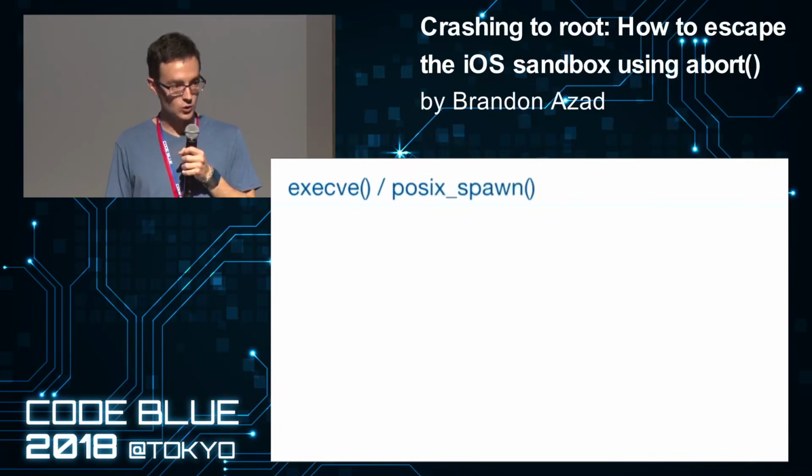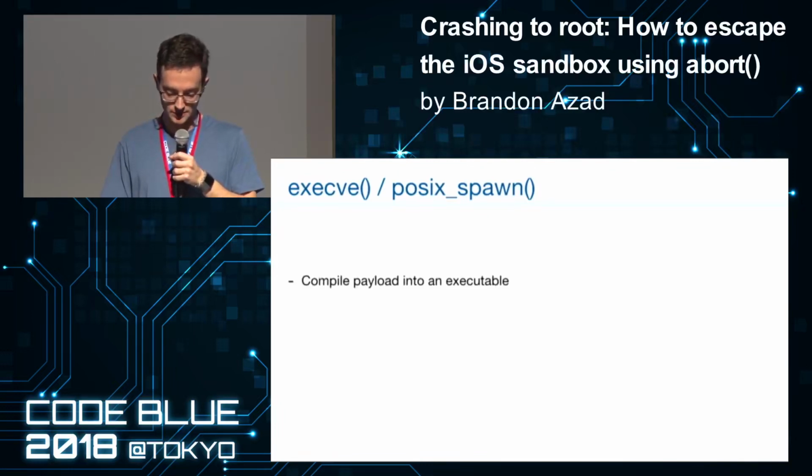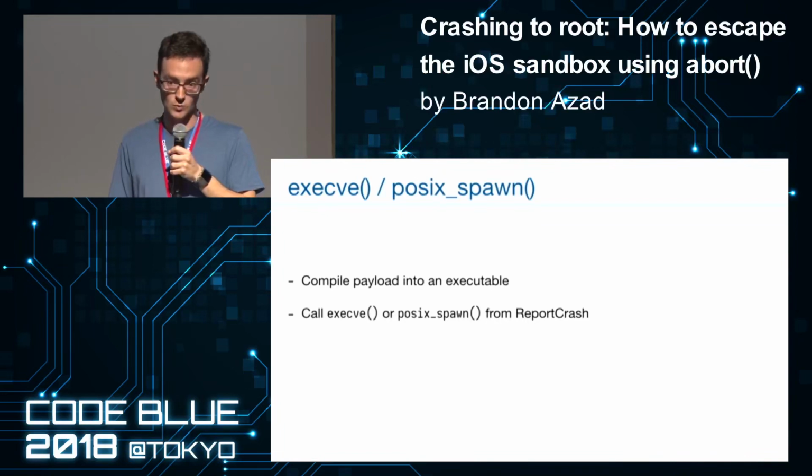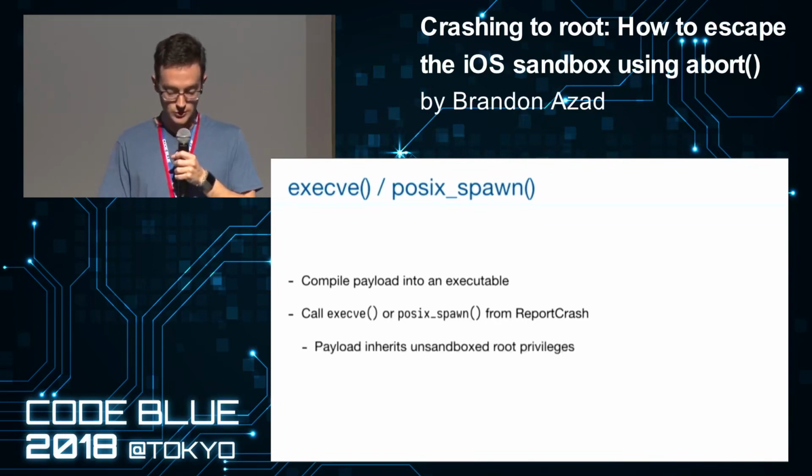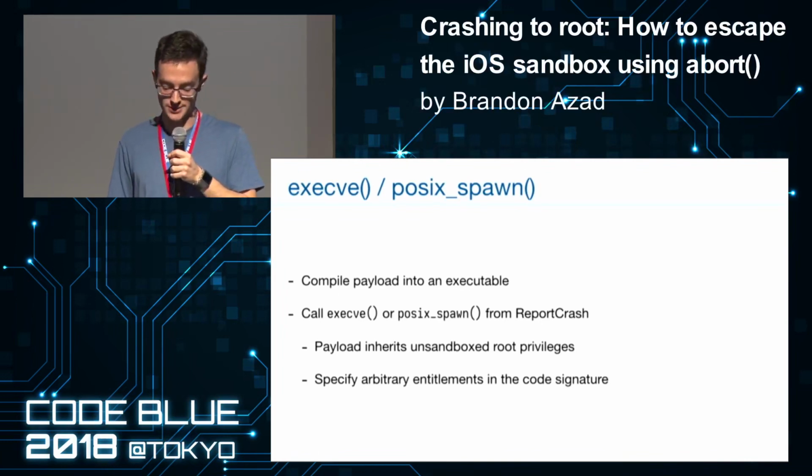And that's the execve or POSIX spawn technique, although we'll be focusing on POSIX spawn. This time, we'll need to compile our payload into a standalone executable. And once we have our binary, we can call execve or POSIX spawn from within ReportCrash to load it. The resulting process will inherit ReportCrash's unsandboxed group privileges, but not its entitlements. However, we can specify arbitrary entitlements ourselves in the code signature, so we'll be sure to put task-for-PID